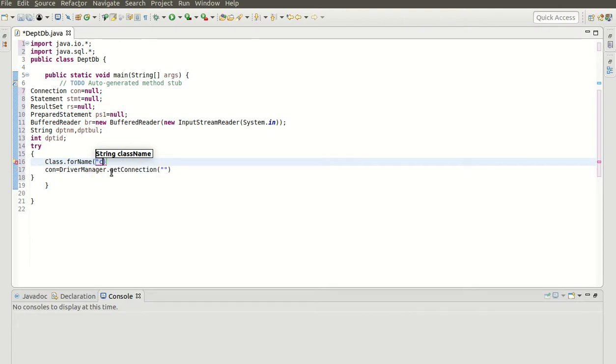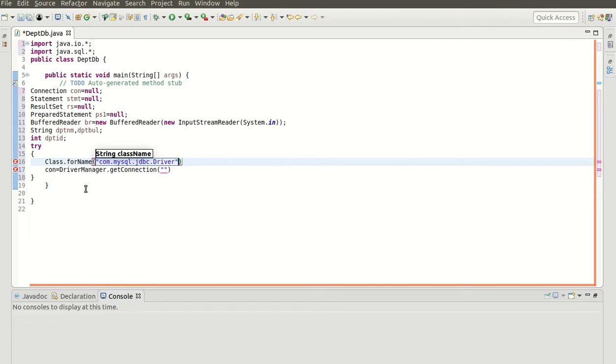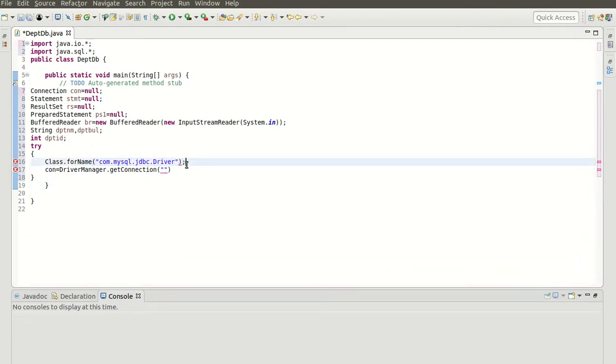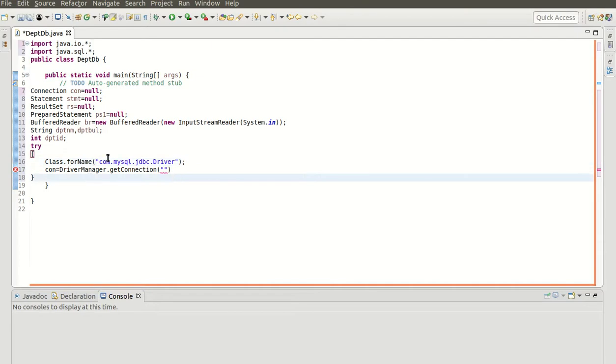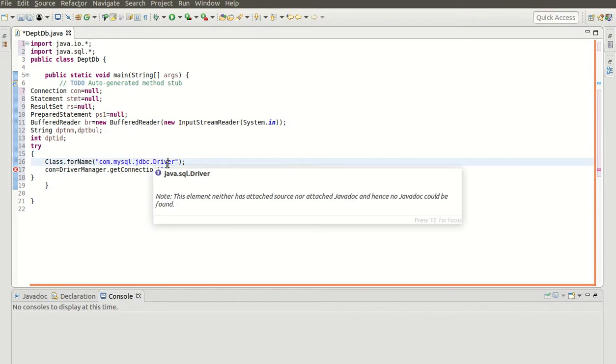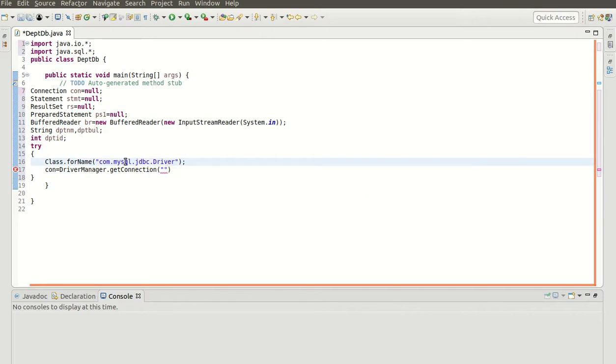Here we have com.mysql.jdbc.Driver. Okay, that is the name of the driver. I have to give here a semicolon. Okay. Now com.mysql.jdbc.Driver, this path, where am I getting it from?